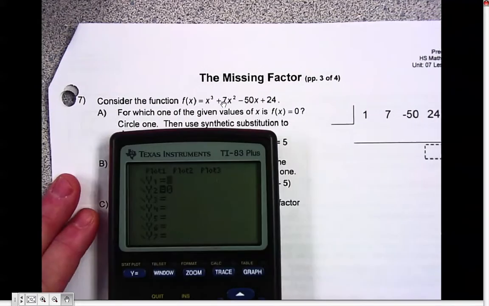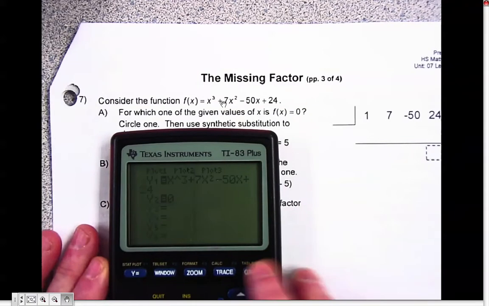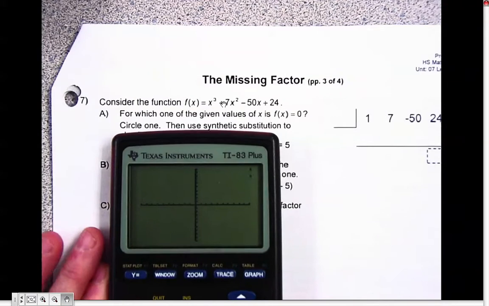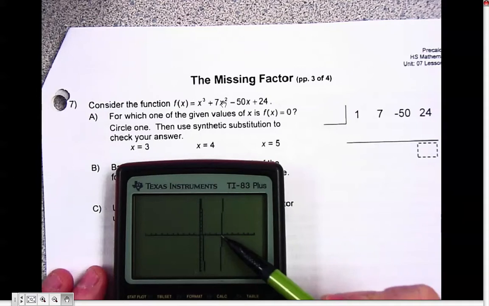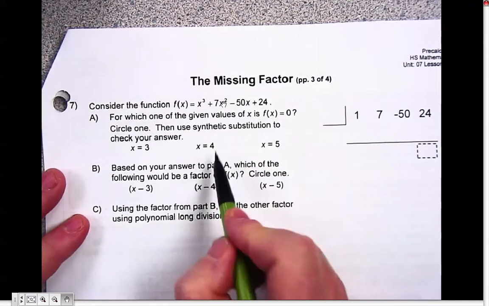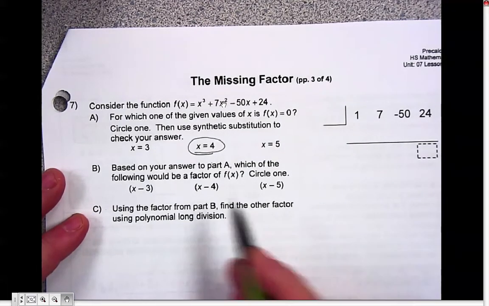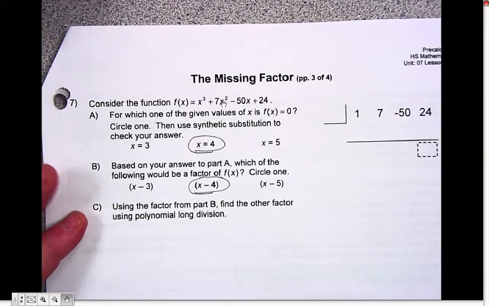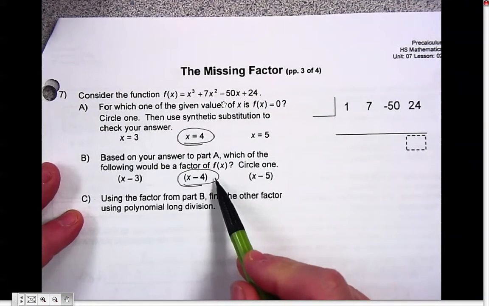So we're going to put in x to the third plus 7x squared minus 50x plus 24. Graph it. Okay, it looks like there is a solution at 4, and that's one of our possibilities. So we'll circle x equals 4, and then the factor for x equals 4 would be x minus 4, so we'll circle that one. And then it says, using the factor from part B, x minus 4, find the other